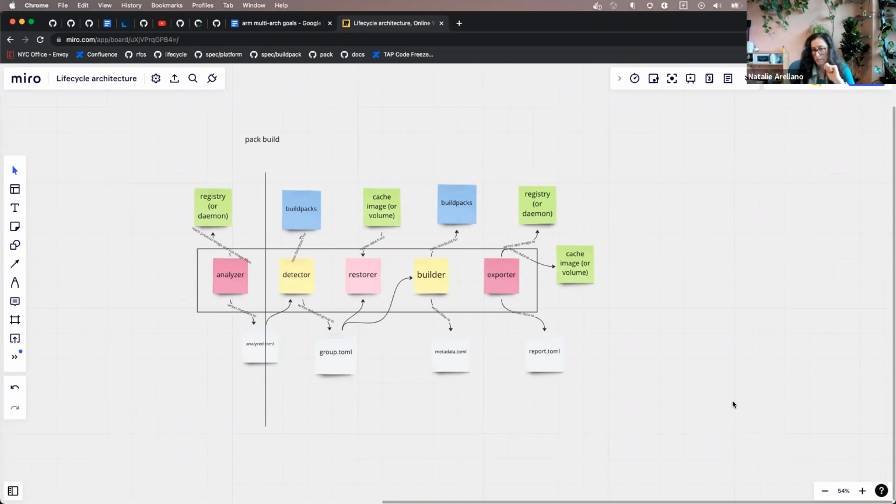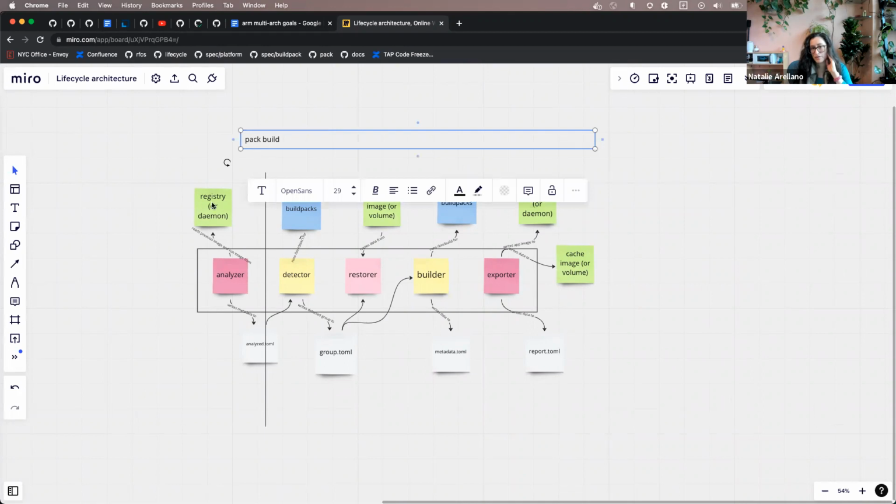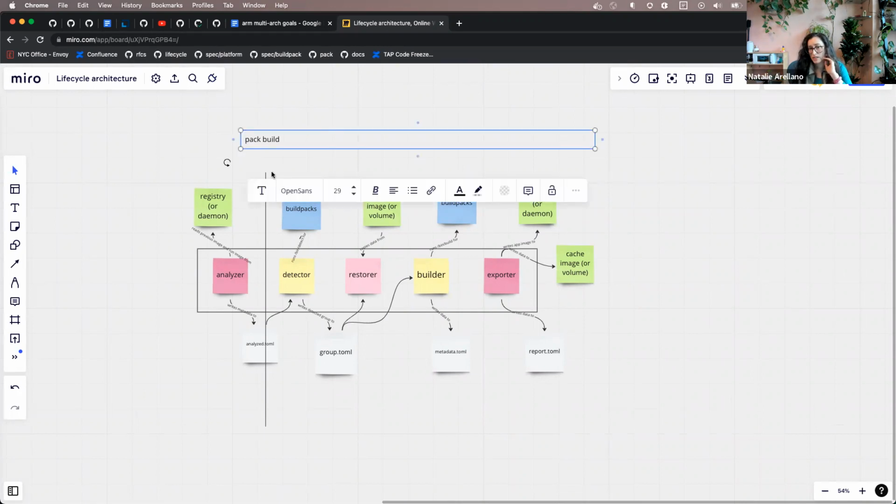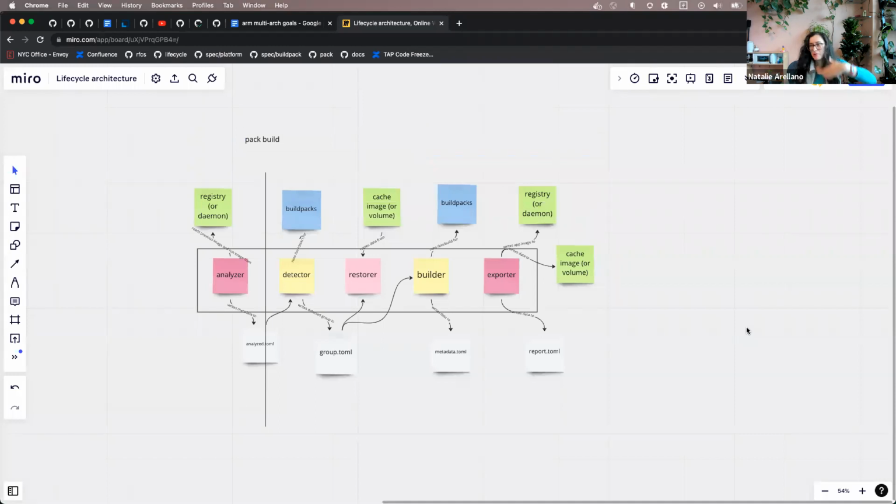Maybe it would make sense, and this is maybe taking us off in a different direction, but I was going to suggest that we step back. We've illustrated what happens under the hood when you do a Pack build, but maybe just because we're talking about builders, we could say, all right, this is what happens when you do Pack builder create. In the end, we want all the things to work. We want the cross-platform thing to be seamless: just give me the image on the platform that I desire and do it in the most efficient way.